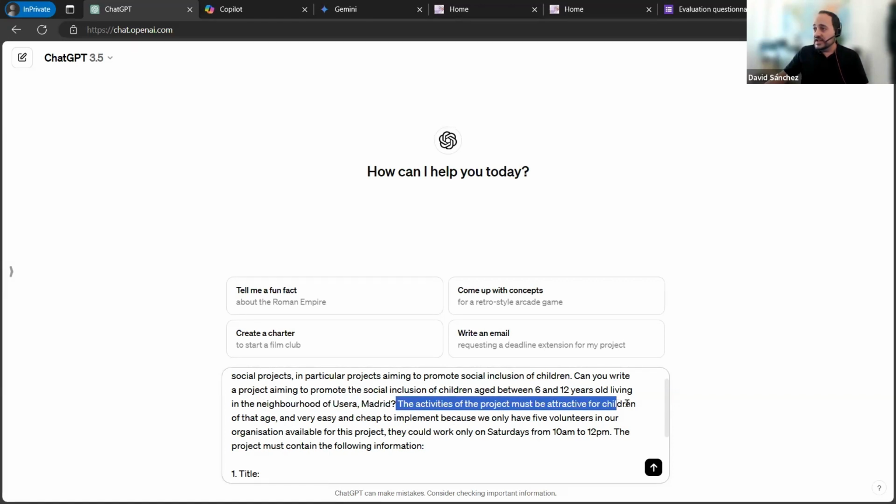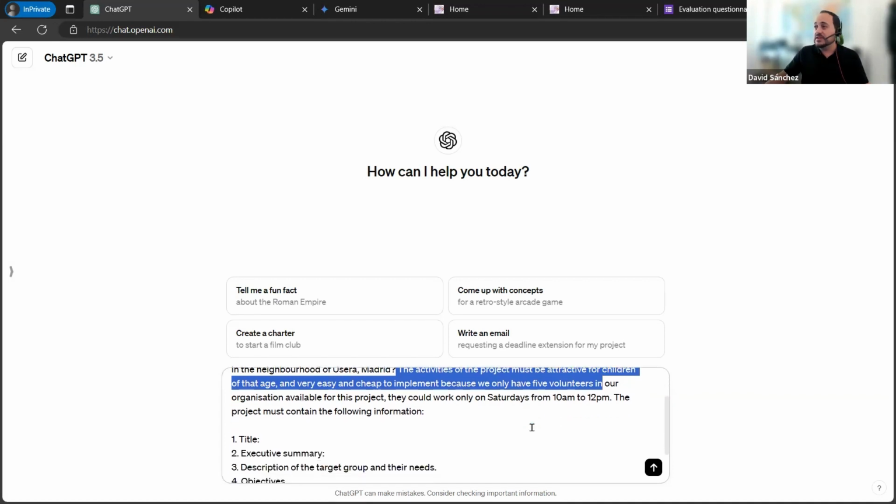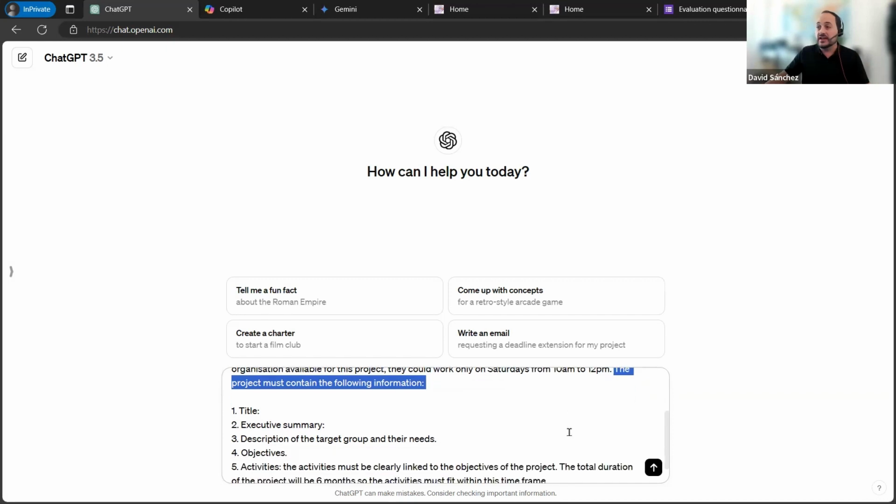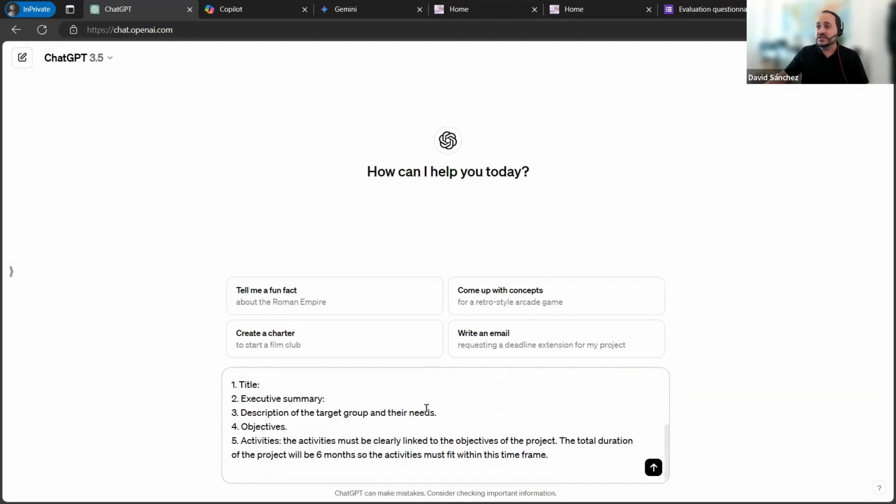We use the same as before regarding that the activities must be easy and cheap to implement. And something new that we insert in this prompt is that we are going to ask in which format or how we want the text to be organized. So we have the title, the executive summary, a description of the target group and their needs, objectives, and also activities,